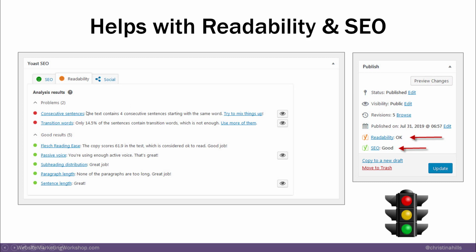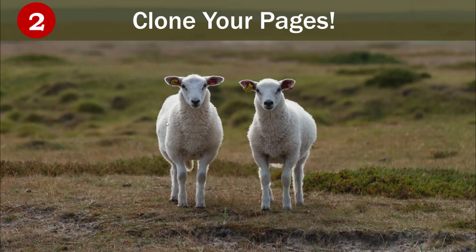And this plugin will tell you, I've got consecutive sentences starting with the same words, and I need some more transition words. So this is one of the things I love about Yoast SEO, is it helps you write better articles. So isn't that awesome? Okay,